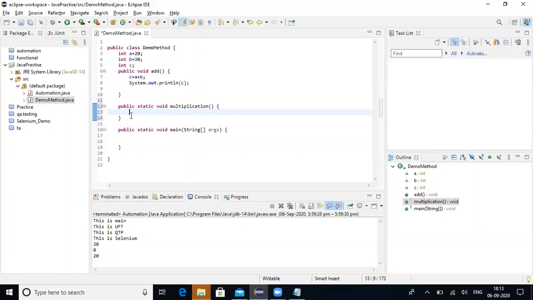Static int a equal to 20. How to access a non-static member variable? Create an object for the demo method class. That is what we have studied, no? If you want to access non-static member variables, then you need to create an object.